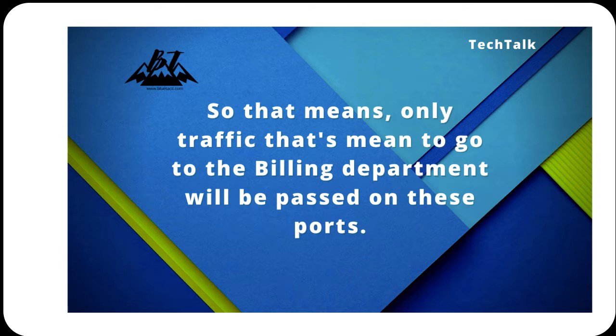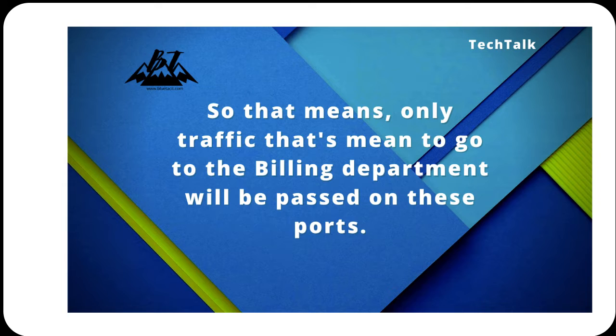So let's take, for instance, the billing department in your company. The only devices that are going to be plugged into these ports on this VLAN are going to be for the billing department. What does that mean for the rest of the computers plugged into the other ports on that switch? They don't even see the billing department exist. That's what's so great about VLANs, is it separates your network traffic out so nobody else can see that traffic.